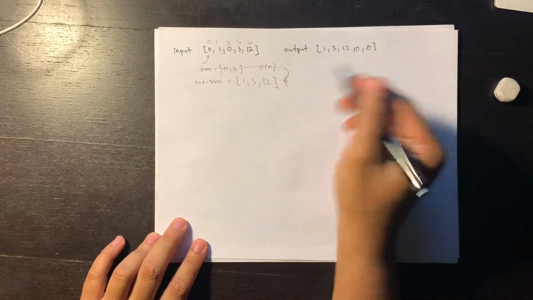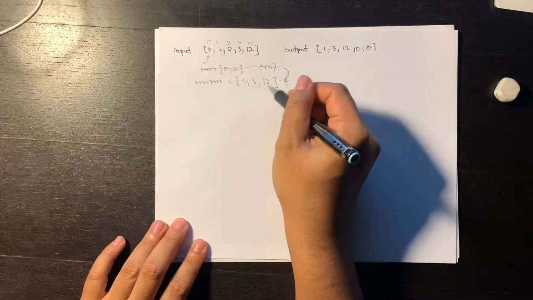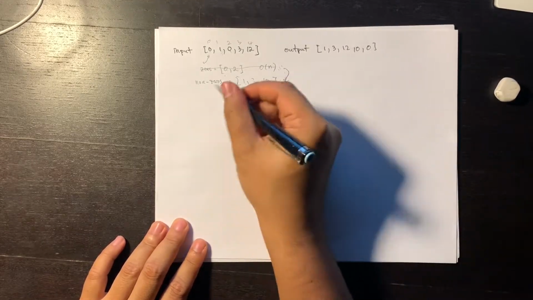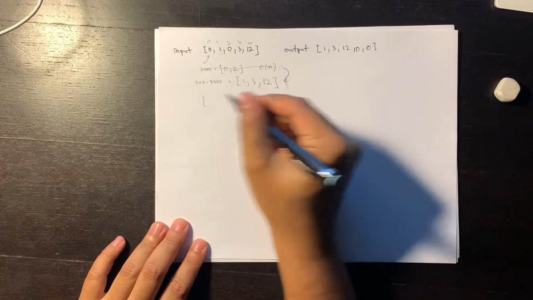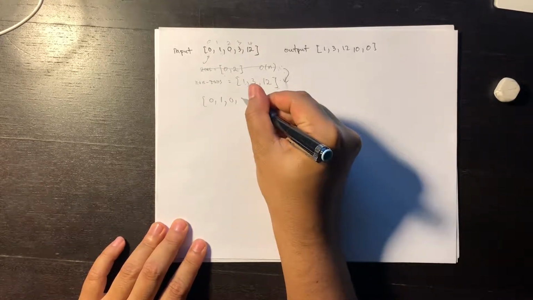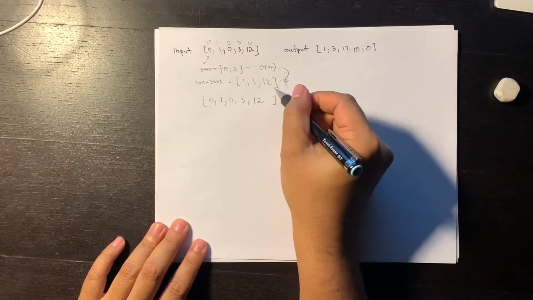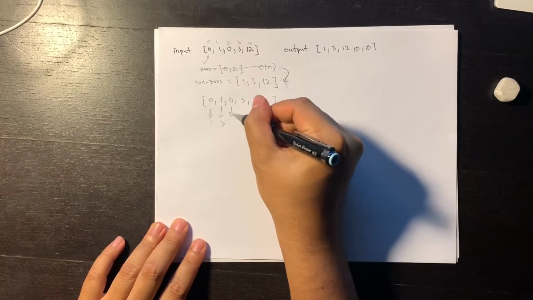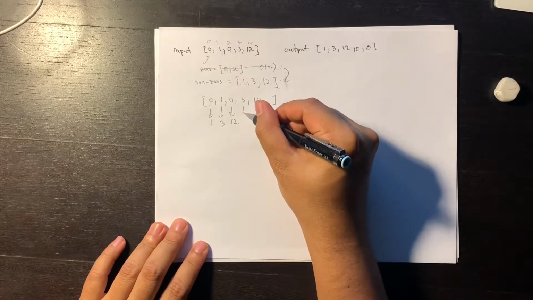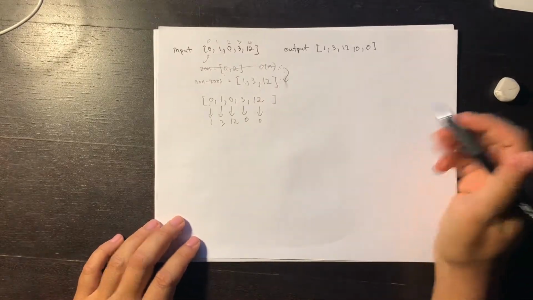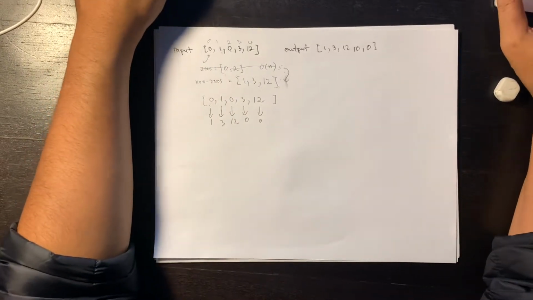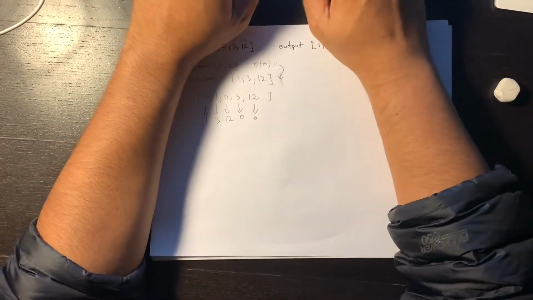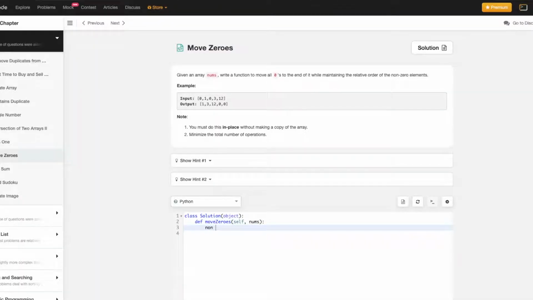So 1, 3, 12. Once you get all this information, you just traverse through that list again. That list initially has this, right? But when you go through again, you change this to 1, this to 3, this to 12, and the remaining is just 0 and 0. All right, let's code. So we've got an idea. First thing first, traverse, create a list called non-zeros, and then we traverse it one time for i in range of